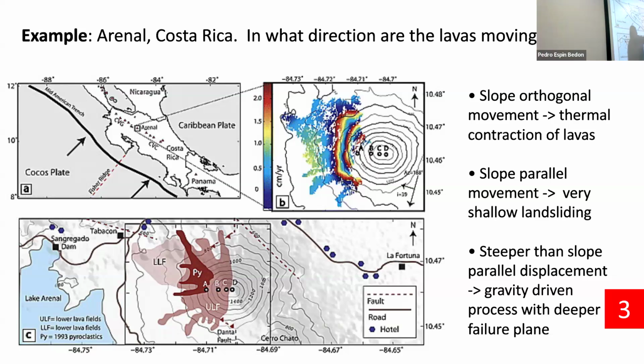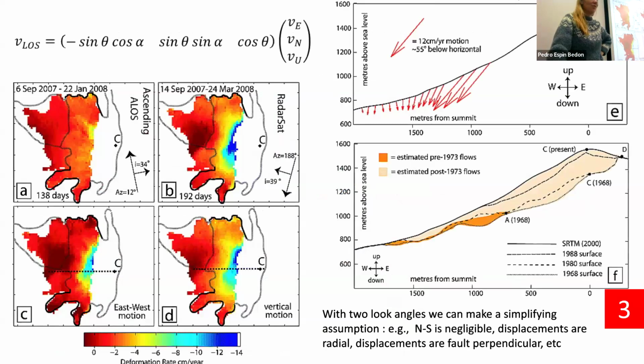This is a signal from Arenal over here in Costa Rica. You've got weird boxy, square-shaped fringes that are just on one flank of the volcano. The question that would allow you to determine whether this might be due to a deep process within the volcano itself, like a reservoir inflating, or something shallow sitting on the flank of the volcano, is working out the direction of motion. Because if it was an inflation-deflation type of thing, you'd expect it, so for the people in the room, you can see my hands, you'd expect it to look like this. Whereas if it was lava flow movements, it would be like that. So working out the direction relative to the slope is a key way to figure out this signal.